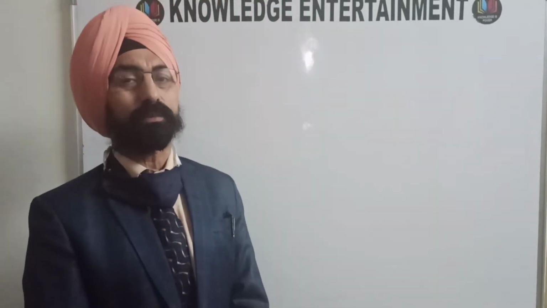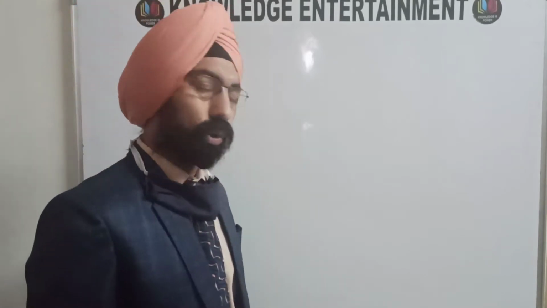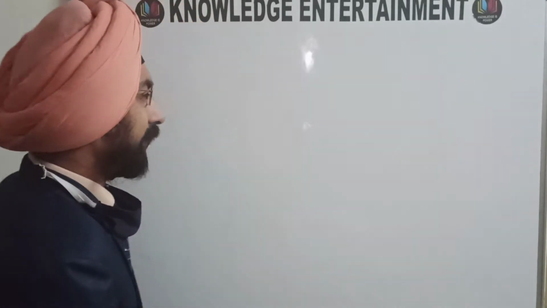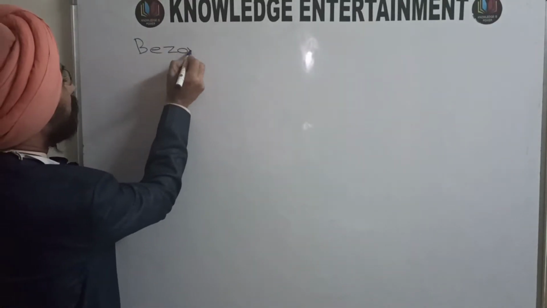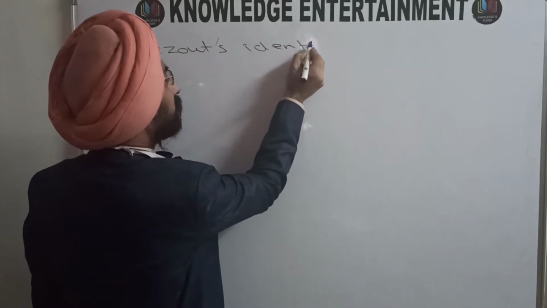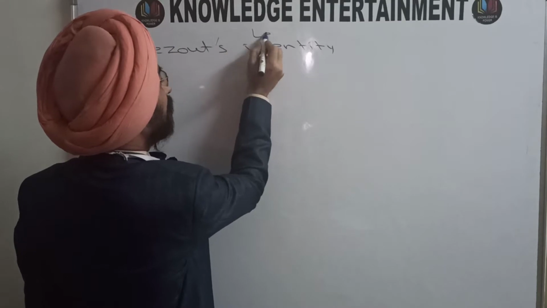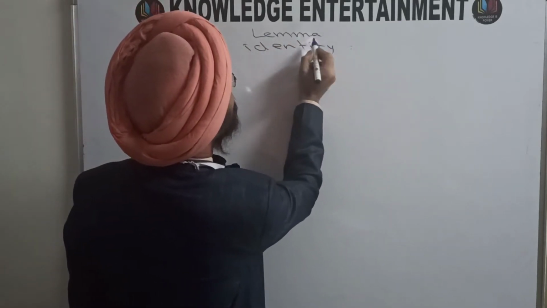Good morning, students. Once again, we are discussing the chapter of divisibility and the concepts of various types of divisibilities and its properties. Today I'm starting with Bézout's identity. So let us see what is Bézout's identity first of all. Bézout's identity, or sometimes known as Bézout's lemma, says that